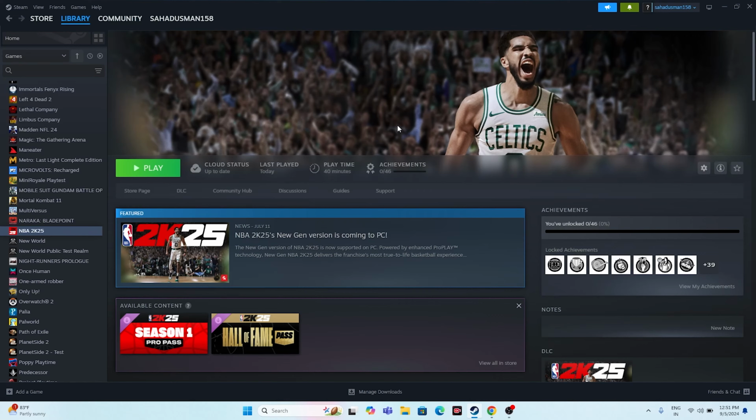Next one is to launch the game and press Alt and Tab. I found this on Reddit, and it also helped me when I used to have a crashing issue with Call of Duty Modern Warfare, which I used to play a lot. So for me this helped, and you can try this out. Just hit the play button, and the moment you hit it, press Alt and Tab on the keyboard. Next, what we need to do is